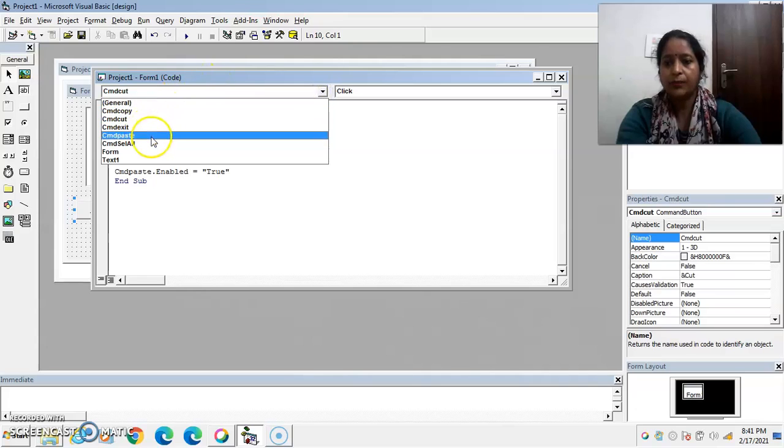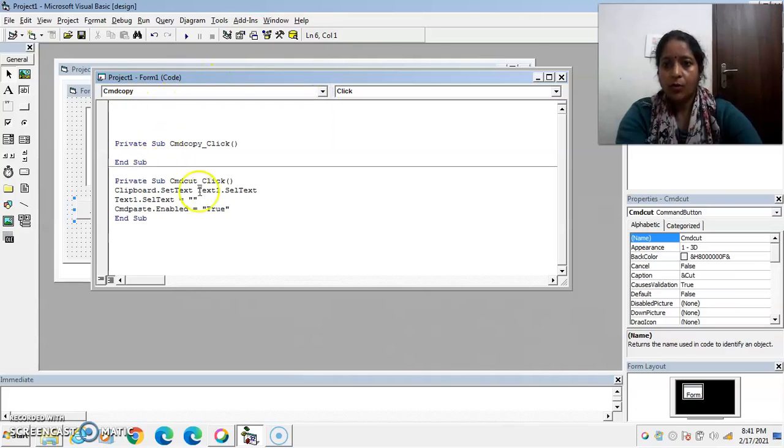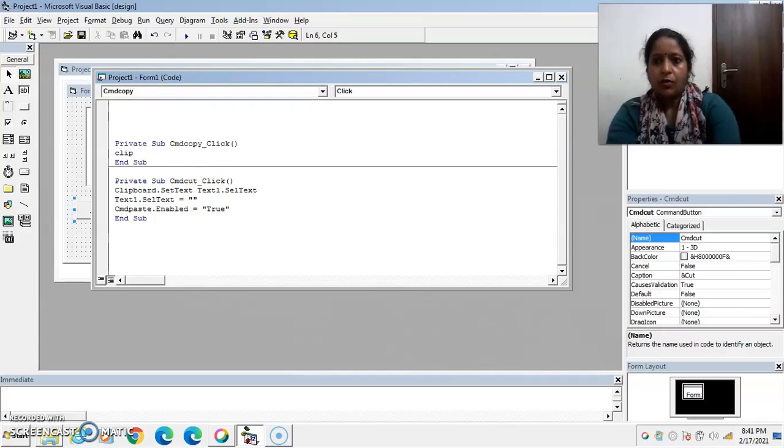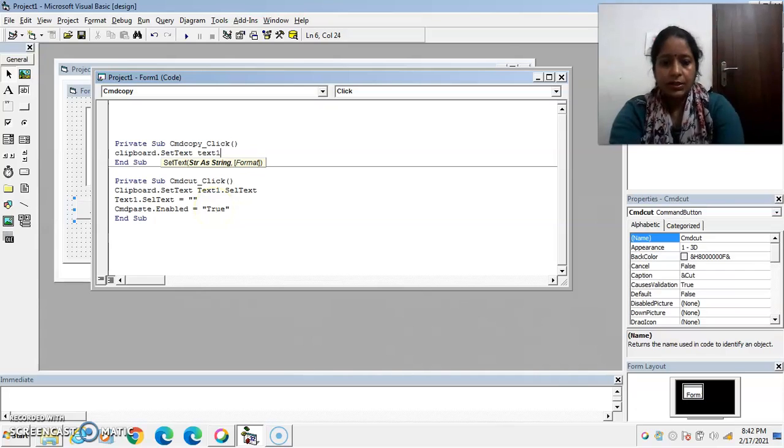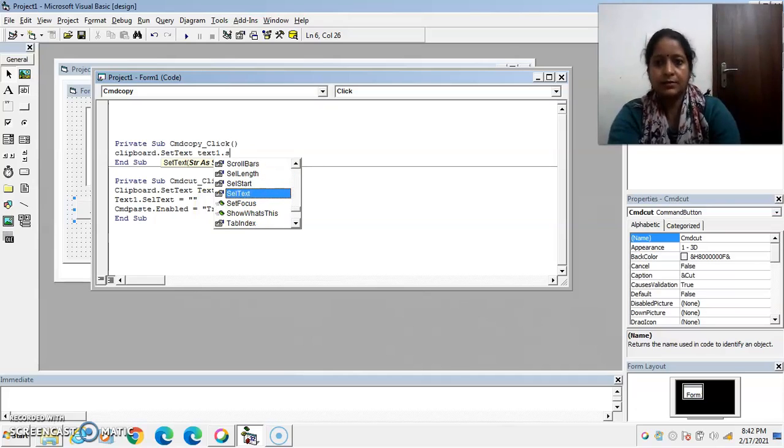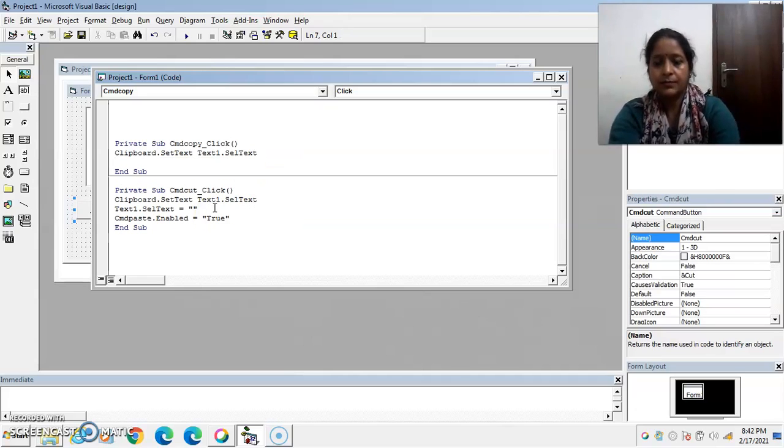Now write down the coding for copy command button. After copying the text, again it is set to the clipboard by using the SetText function. Text1.SelText returns the selected text.